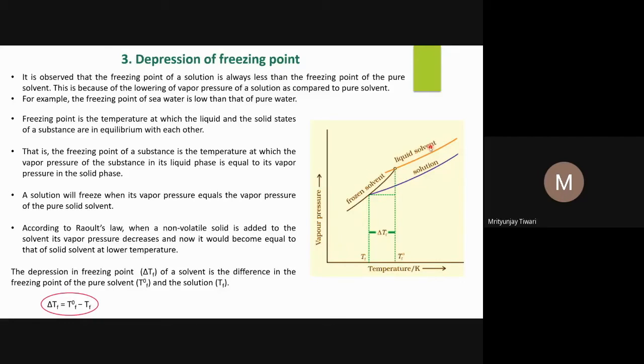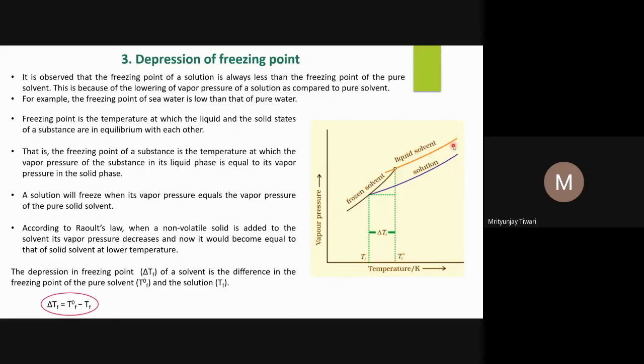And so if this is the liquid solvent, and you reach this point, what will you see? This is the vapor pressure, the gaseous pressure, up to here. Here you see no vapor pressure, this is a solid. So the vapor pressure at this point, and here it is the frozen state. This means the frozen solvent, it is a solid solvent. The solid solvent's vapor pressure is this, and at the same point, the liquid solvent is also meeting at this point. And so at this point, the vapor pressure of the liquid is also the same. So this point in temperature, this is the vapor pressure versus temperature graph.